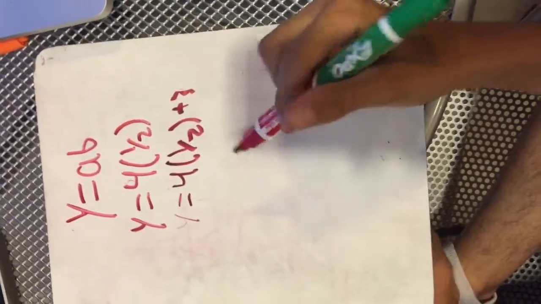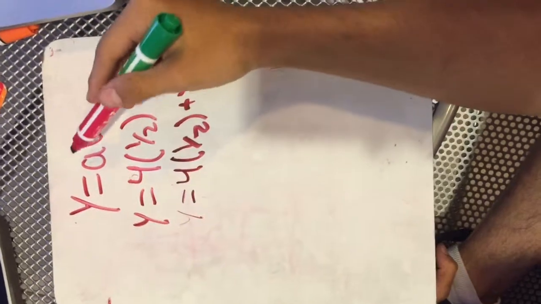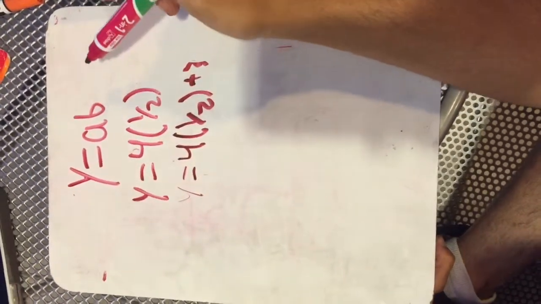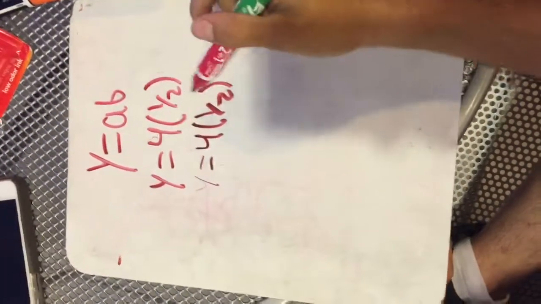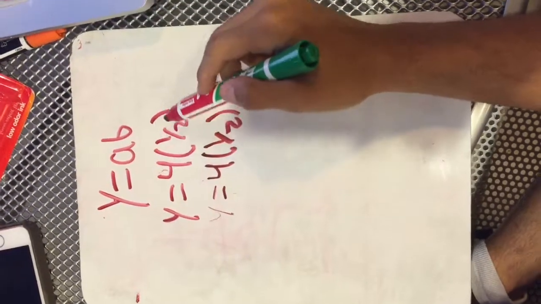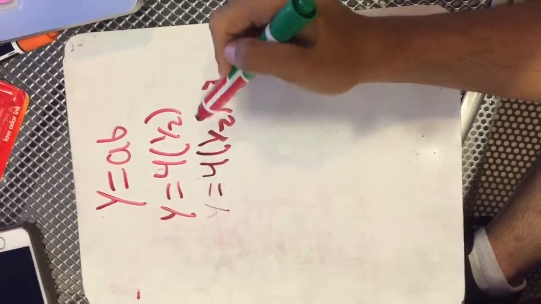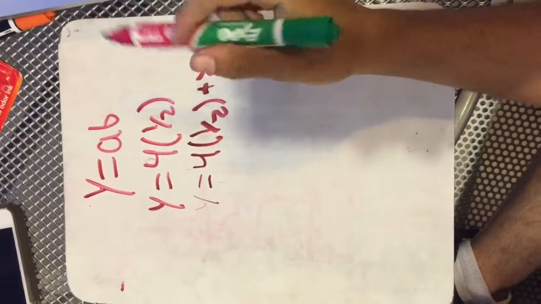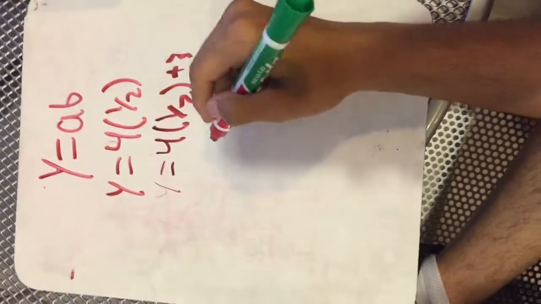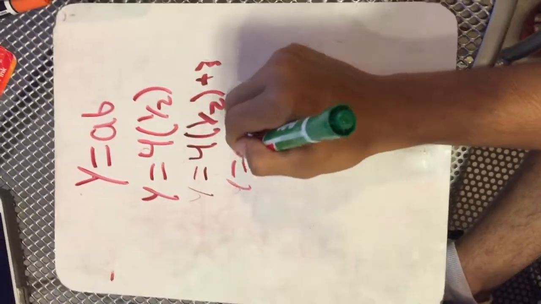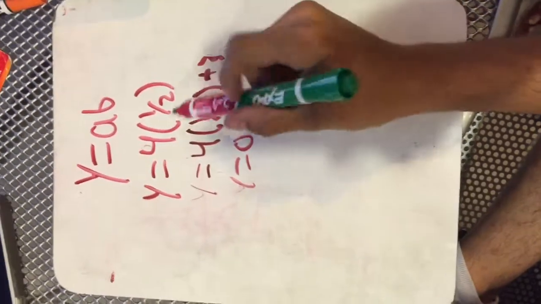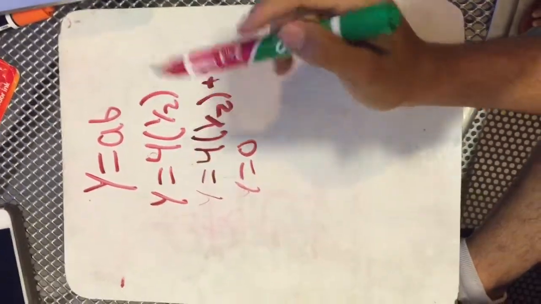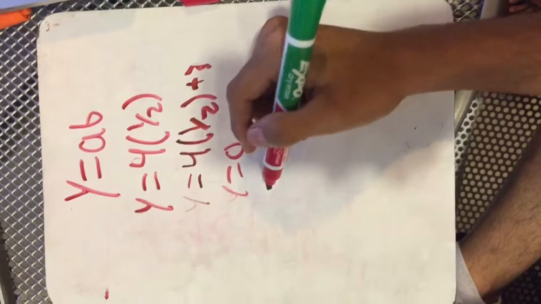So for our chapter 8, section 8.2, our last part will be translations of y equals ab^x. And for this we will graph 4 times (1/2)^x and 4 times (1/2)^x plus 3. So our horizontal asymptote is y equals 0. So for 4 times (1/2)^(x+2) plus 3, h equals -2